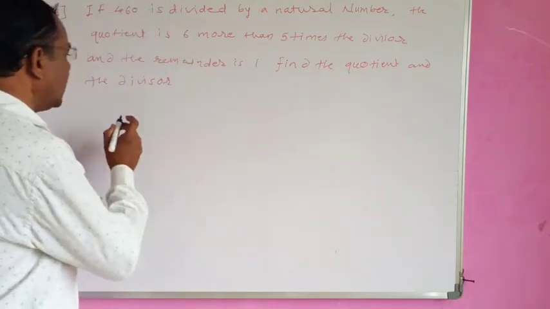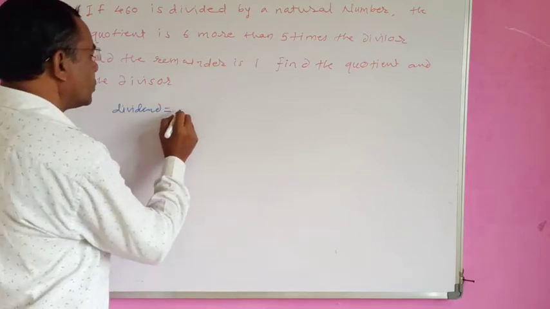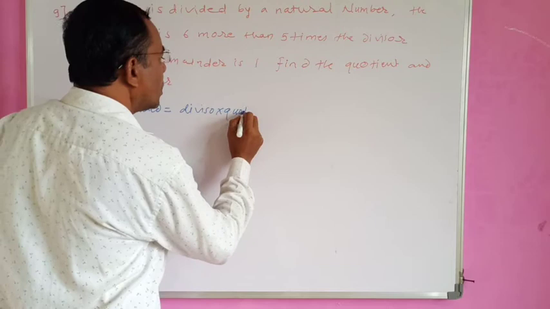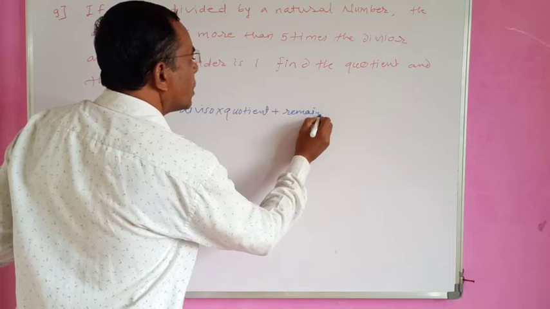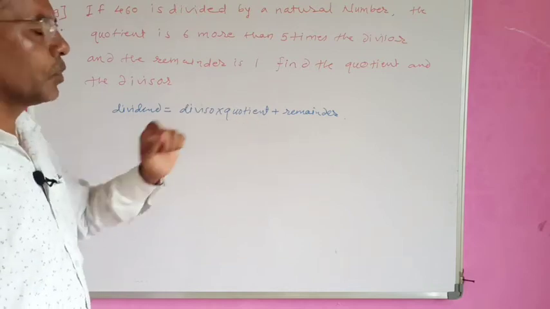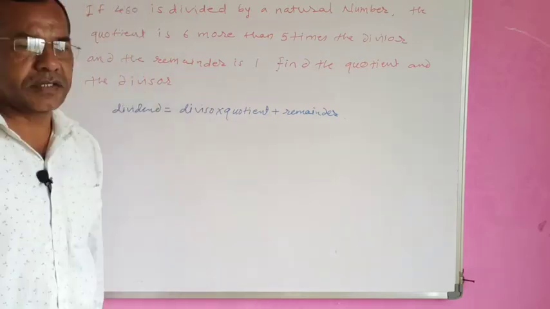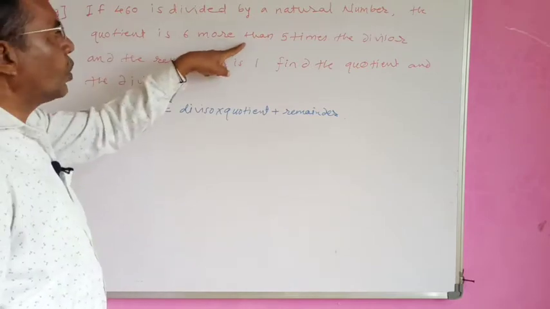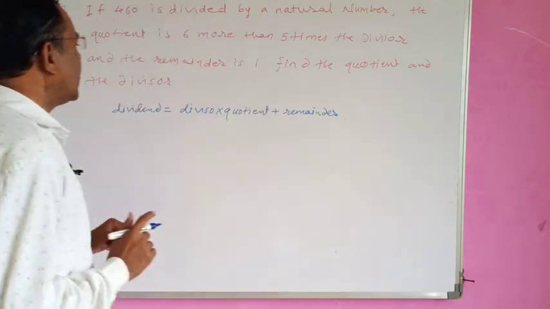You know the formula, that is dividend is equal to divisor into quotient plus remainder. You know this formula in 9th class. Therefore, we will use this formula, but before this we have to assume the quotient and the divisor. The quotient is 6 more, that is, the quotient is greater than the divisor. Therefore, we will see that